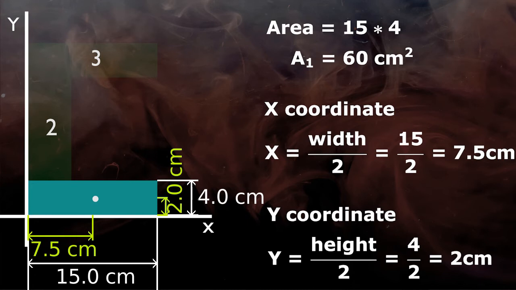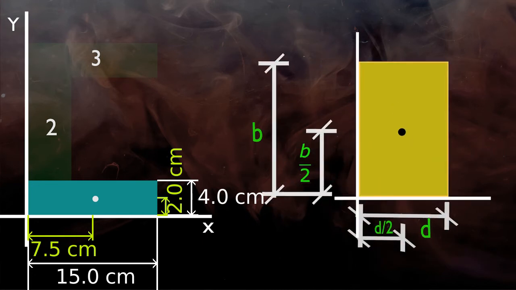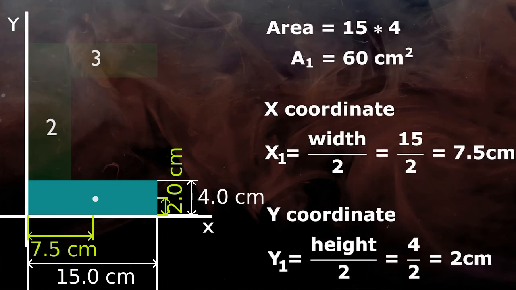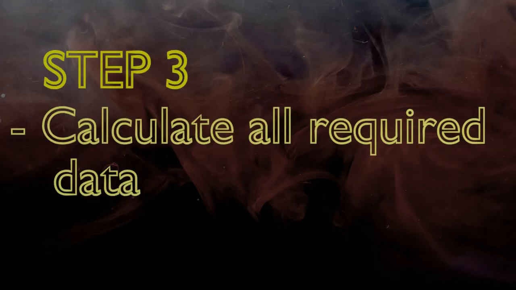Now check out the location of the reference axis with respect to the selected rectangle. As per the reference figure, both x and y axis should touch the planes of the rectangle. Here in our case, both axes are touching the plane. So the final coordinates will be the same as previously calculated data and no alterations are needed.